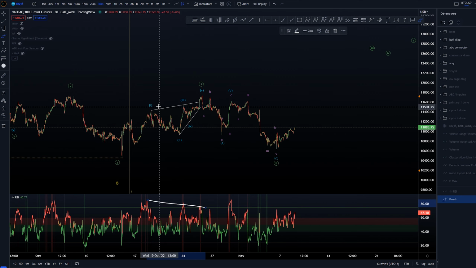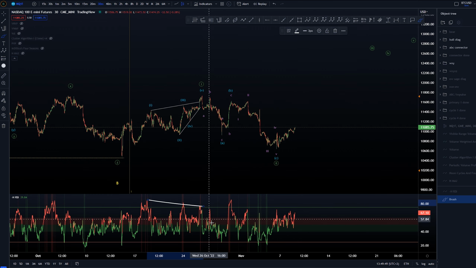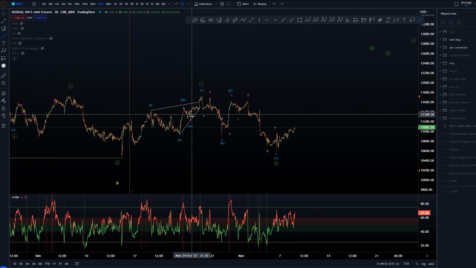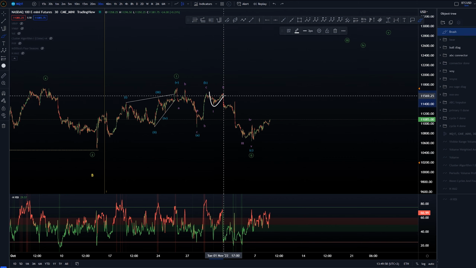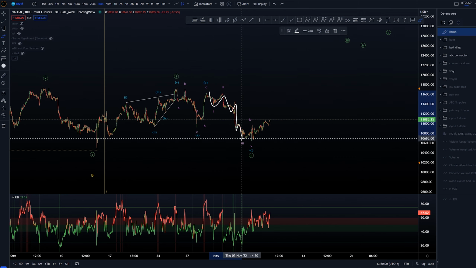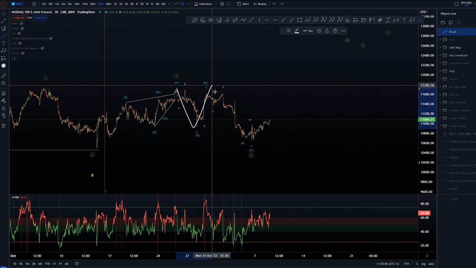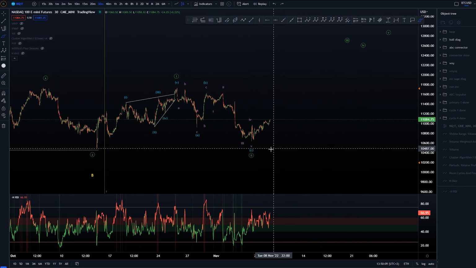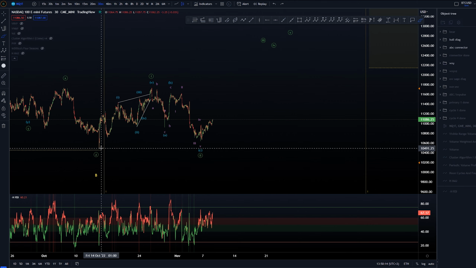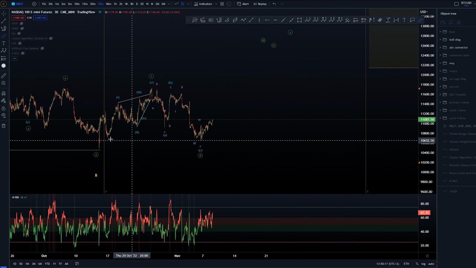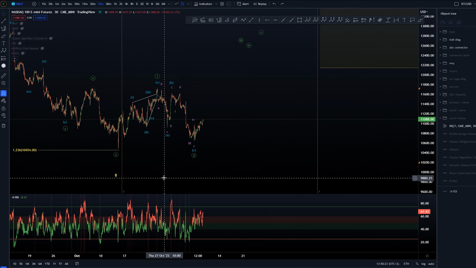We do have this double divergence forming from the 1st to 3rd to 5th, so that is also a very nice thing to see here, always on these diagonals. Since the highs, I've labeled this as an ABC, another ABC, and then 1, 2, 1, 2, 3, 4, 5, 3, 4, and 5. So to me, that looks pretty good as an ABC, creating the end for that wave too. In validation for this whole idea, if we come back to below the 10.5k area, the wave 2 would go below the starting point of this wave 1,